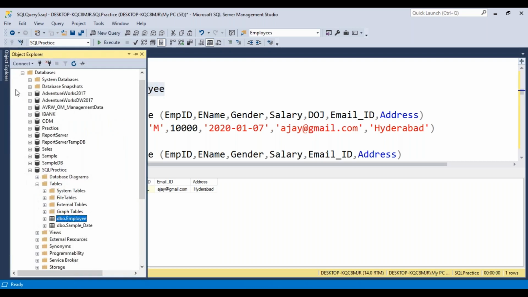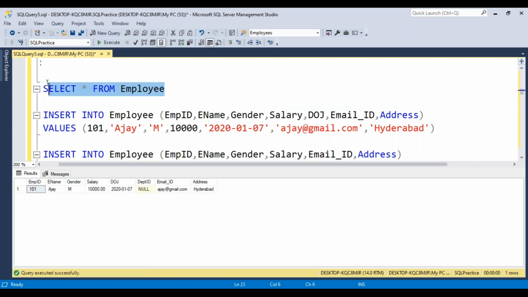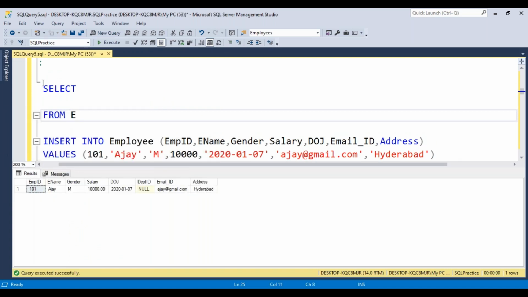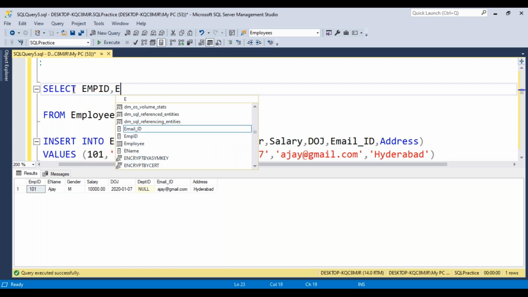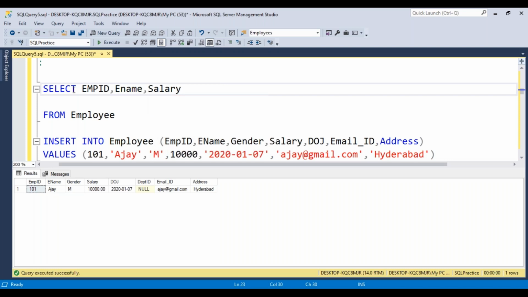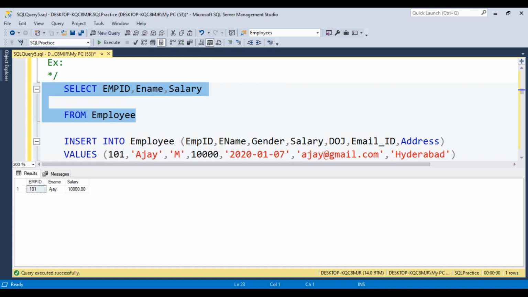How can we read? You can observe here. When you go through the employee table, can we see the data inside a table? No, we can see only what columns are available in the table. Now in this table, we are reading the data by using the select statement. Select from which table? From the employee table. Then what columns do you want to read from this table? I want to read all the columns, and all the columns is nothing but a star. If you want to read only particular columns, like employee ID, employee name, salary, then it will display only these three columns of data in the result set. You can observe only three columns.